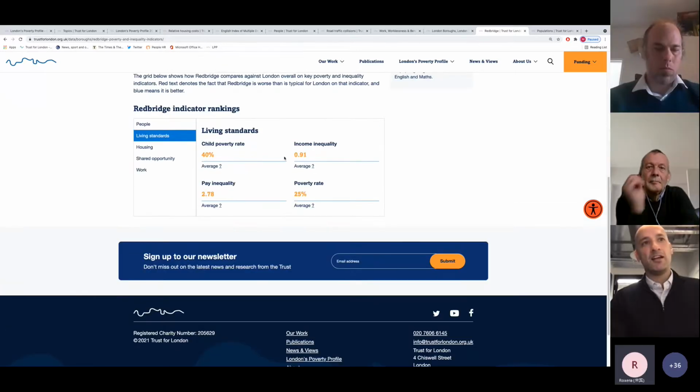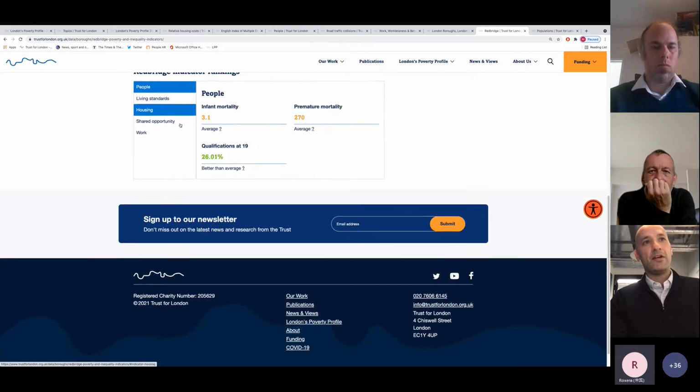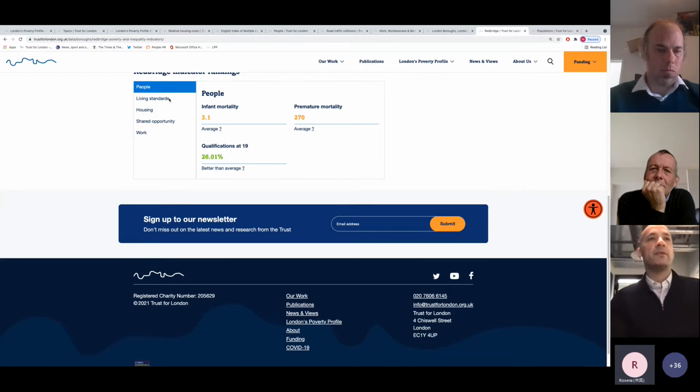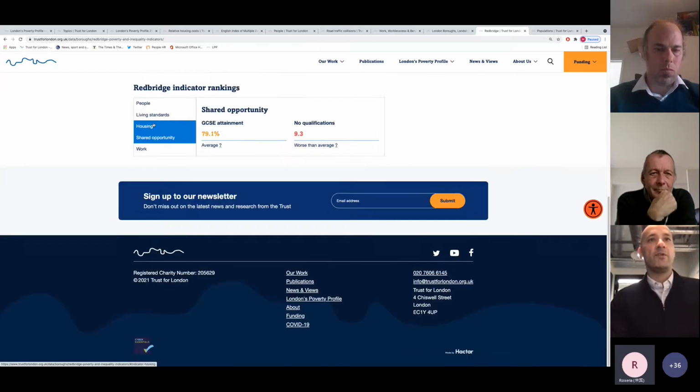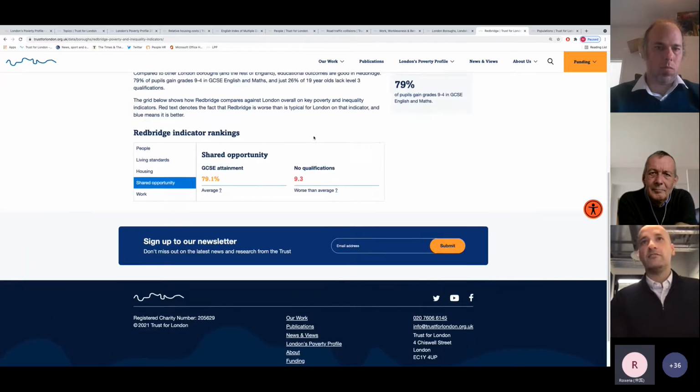And again, the color coding here is about the average. So here, Redbridge, I'm trying to find it. Green means it's better than average. Yellow, I think, means sort of on average, and if there's a red anywhere, that's worse than average. So again, trying to give you some comparisons, because we know that local authorities really value that,